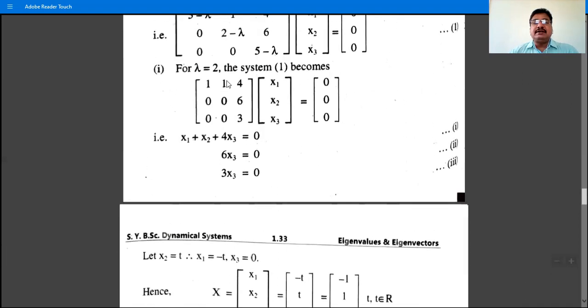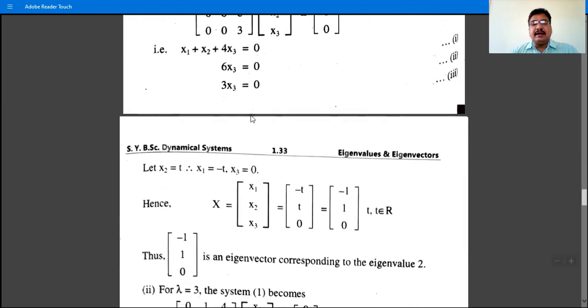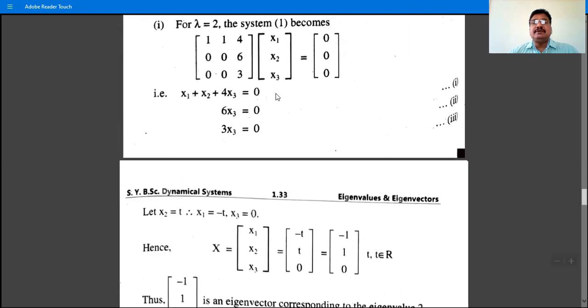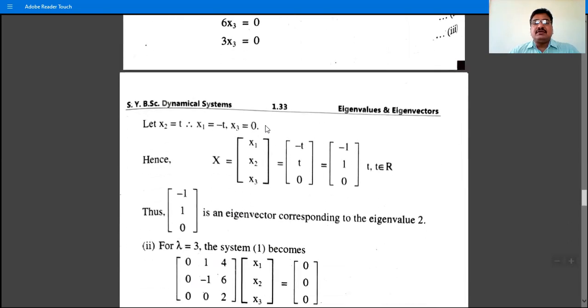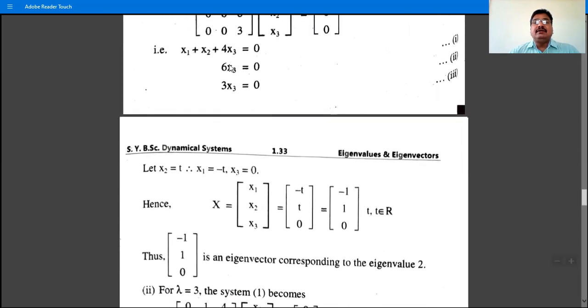If we consider this matrix and convert it to echelon form, reduce this element to 1: 1 by 6 R2. We have 1 and then 0 at this place. R3 minus 3 R2, we have 0 at this place. And that is the echelon form. If we rewrite the solution equations, we have the first equation as it is and the last equation is x3 is equal to 0. So we have x3 is equal to 0, and there are 2 equations and 3 unknowns after rewriting this.